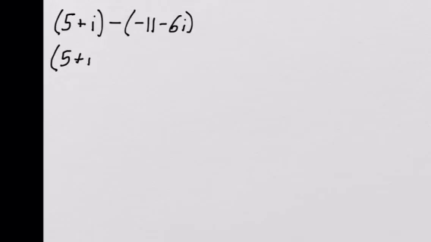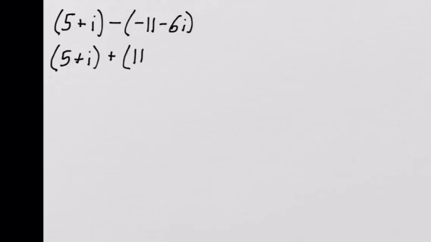So if I take 5 plus i, and then subtract negative 11 minus 6i. Just like we would do if we were working with polynomials, we're going to distribute the negative sign. So we get 5 plus i